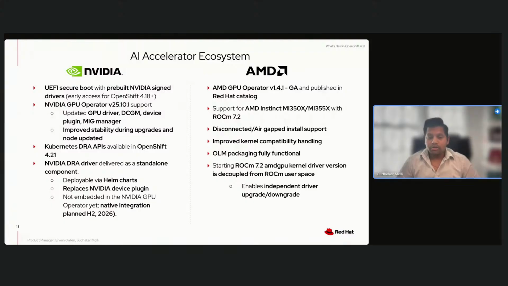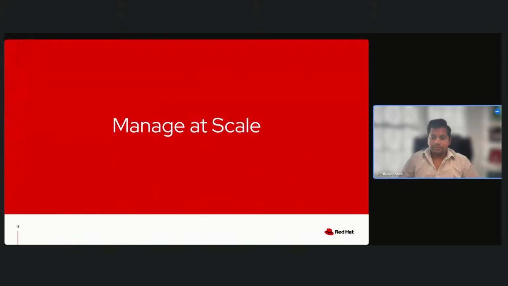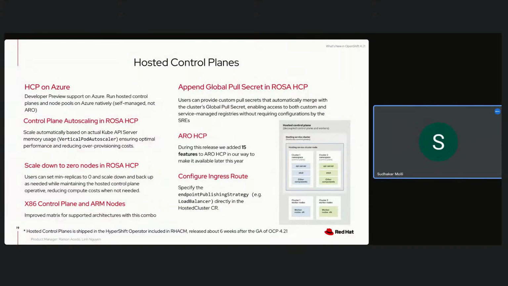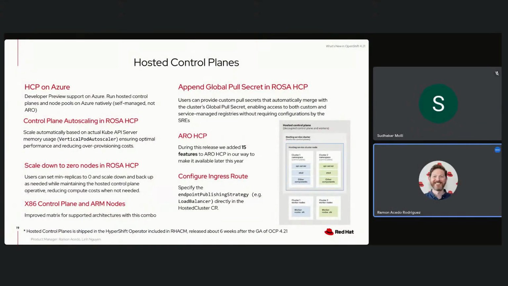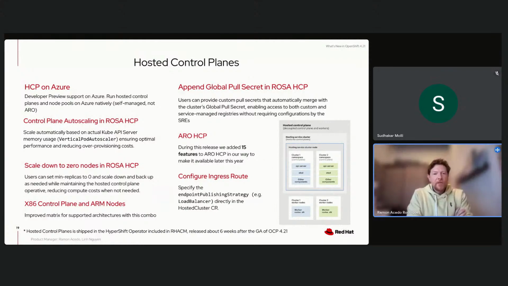So overall, OpenShift 4.21 delivers a strong accelerated foundation today, while clearly preparing the platform for the next generation of GPU management. With that, I will hand it over to my colleague Raman, who will walk us through managing at scale. Thanks, Gaurav. So let me start with the roadmap for 2026, which is very important to understand these features that